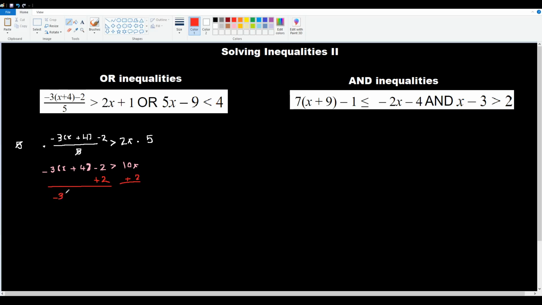So negative 3 times x plus 4 is greater than 10x plus 2. Next, we are going to distribute that negative 3 to the x and the 4. So when we do that, we're going to get negative 3x minus 12 is greater than 10x